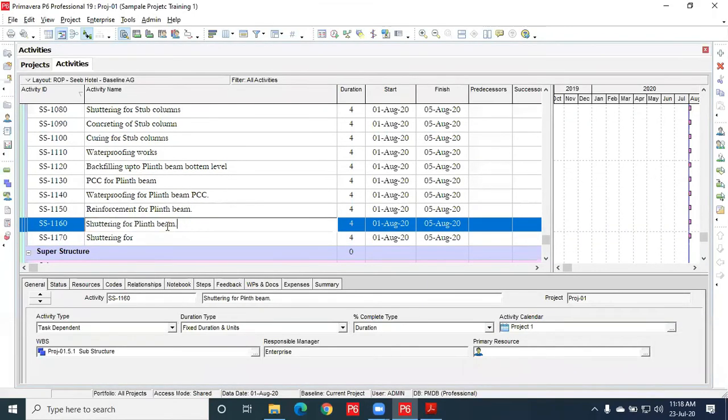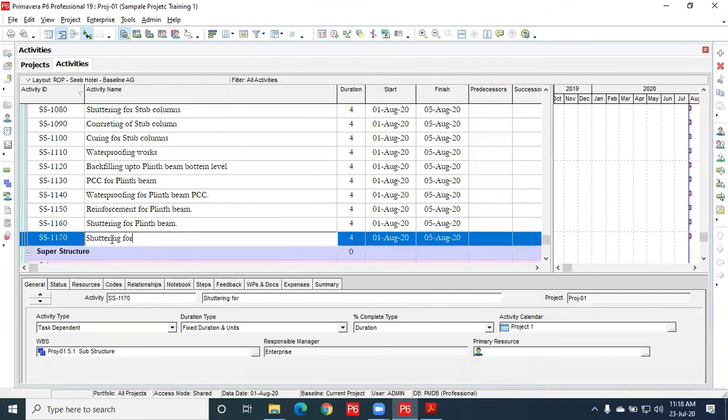Then concreting for plinth beam. Then curing for plinth beam.